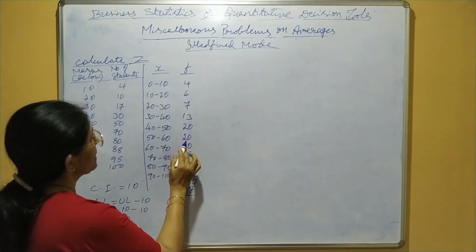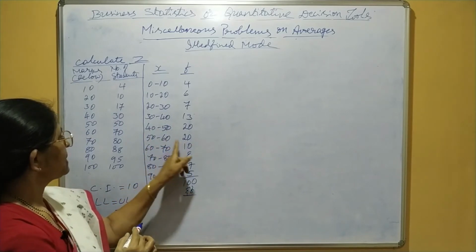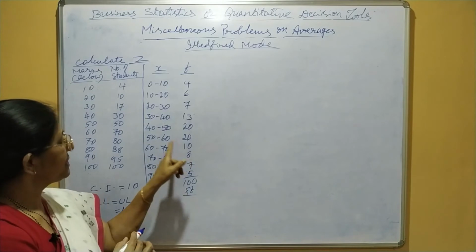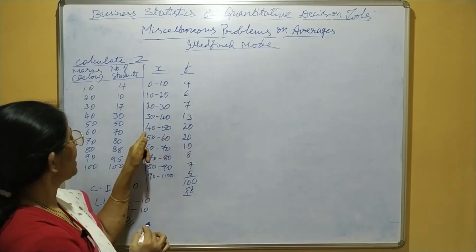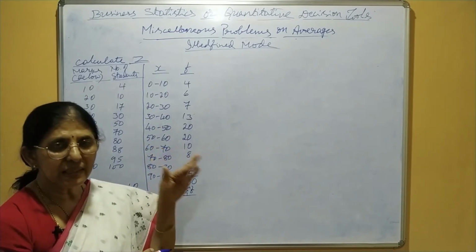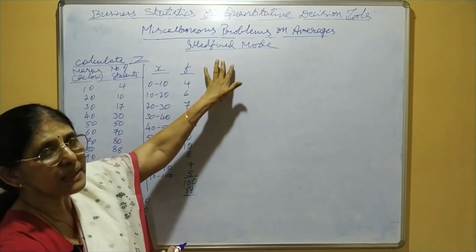Here 20 is repeated 2 times, means 2 classes are having the same highest frequency. If this is the case, then the question arises whether to take modal class as 40 to 50 or 50 to 60. In this case, we say mode is ill-defined,